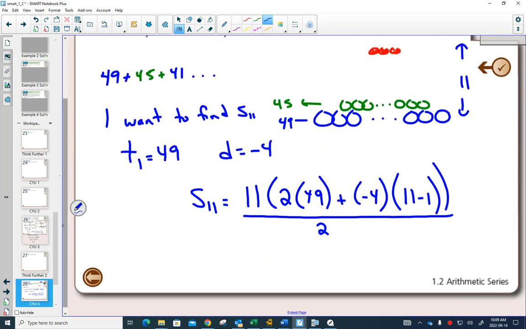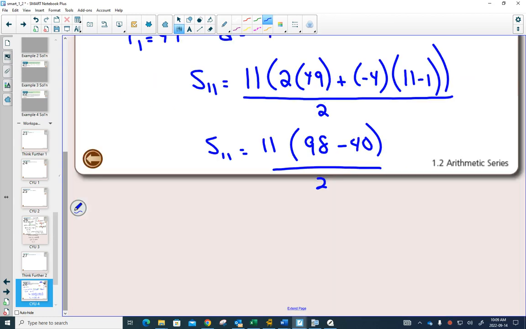If you have a calculator that shows you what you're writing, you could type this thing in exactly as you see it. If you want to practice your mental math, which isn't bad, go through your order of operations. Go inside the brackets first. 2 times 49, that's 98. Plus negative 4 times 10 would be minus 40, all divided by 2. 98 minus 40 is